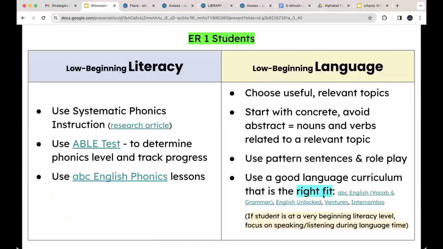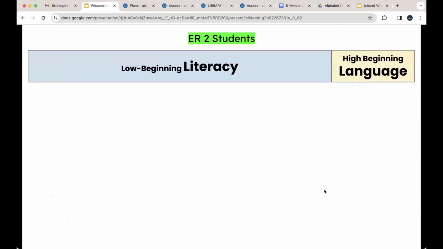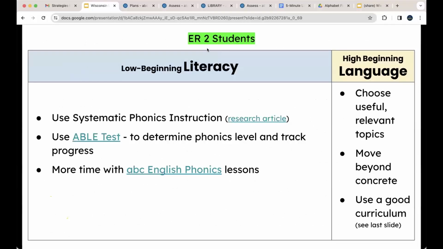I will say the right fit is important. So if you're using a curriculum resource with this type of student and it's not working, it might be worth your time to change it up and try something until you find the right fit. I'll skip over that. With an Emergent Reader 2 student, this is the same